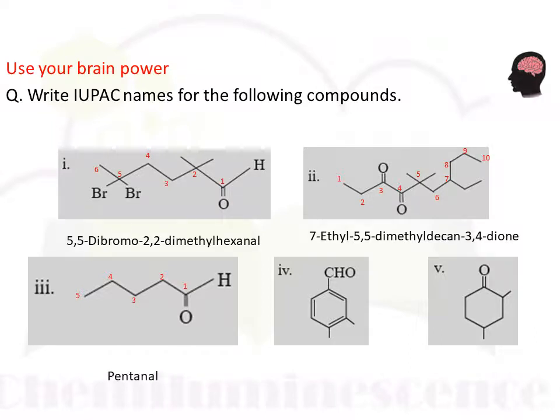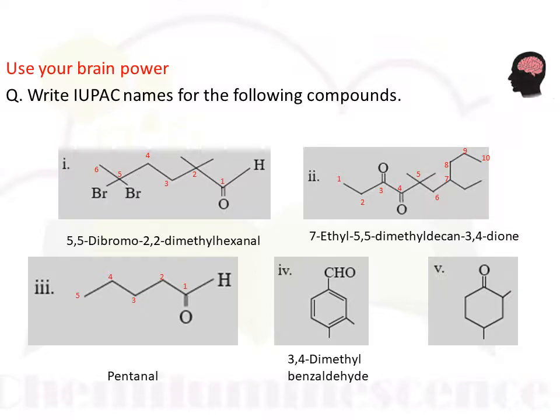Next compound is an aromatic aldehyde, because this formyl group is directly attached to a benzene ring, and we know that the carbon on which this functional group is present is carbon number 1. Then the next carbon is carbon number 2, next one is carbon number 3, and next one is carbon number 4. That means at the third and fourth carbon, 2 substituents are present which are methyl, so use the word dimethyl, 3,4-dimethyl. It is a benzene and it is an aldehyde. So replace the E of benzene by aldehyde. So the name of this compound is 3,4-dimethyl benzaldehyde.